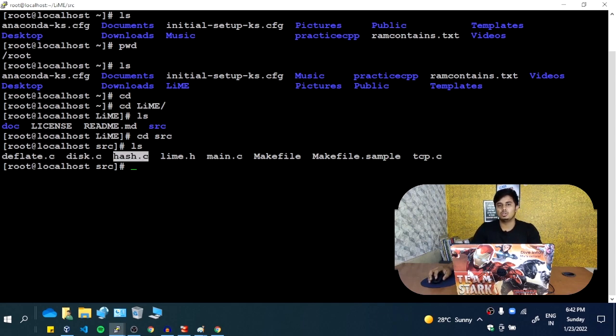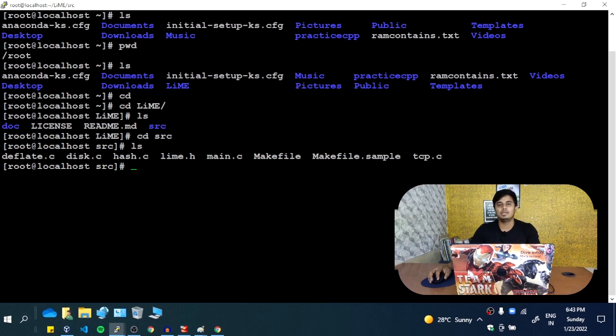There are different source codes available here, but in order to communicate with the kernel, I need a single file that is an executable file. What I mean is it should be a binary file, basically an object file. But I have source code here, right? So I need to compile this source code and convert it into machine code, basically how you do in your C or C++ programming language. You have code written in C language, that is a high level language. You make use of some GCC compiler or Turbo compiler and you convert it into machine code.